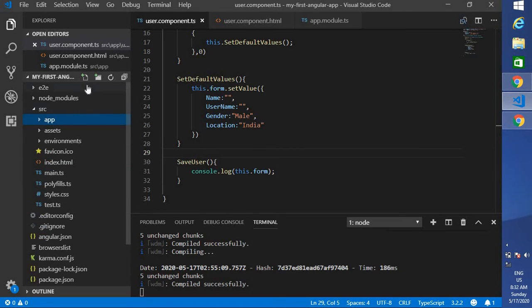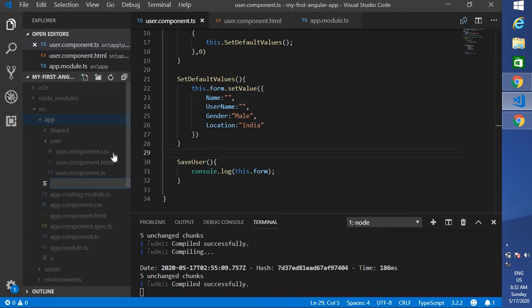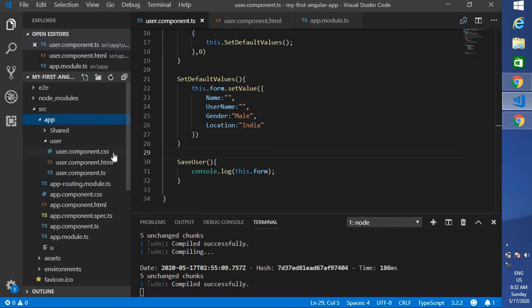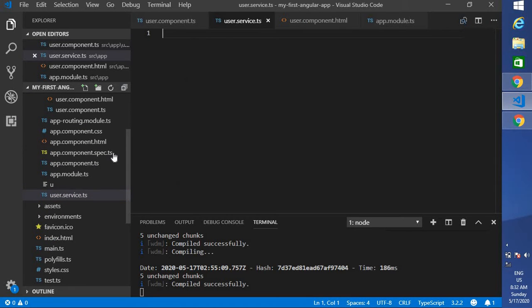So what I'm going to do is, I'm not going to use the Angular CLI right now. First I will do it manually, because the CLI automatically gives you how the class is created. Let's understand how we can create it manually. When you go step by step, you will understand how to create a service from scratch. Okay, let's create a file. First I will create user.service.ts. You can give any name. Right now I'm focusing on the user component, so I gave a user.service.ts file.